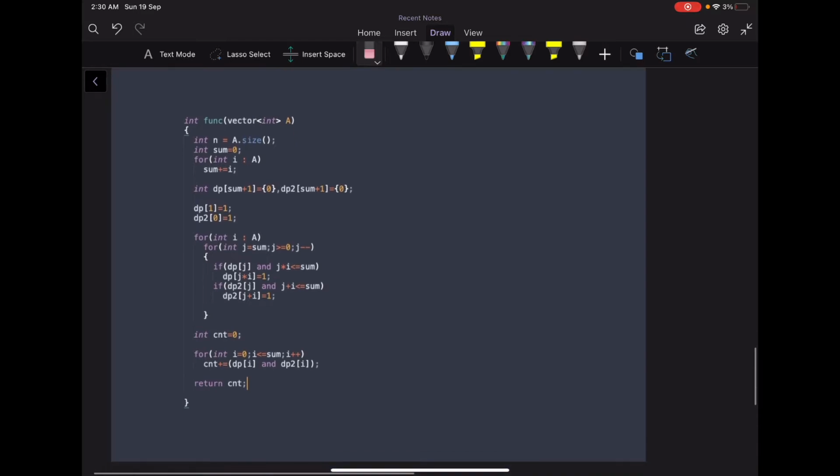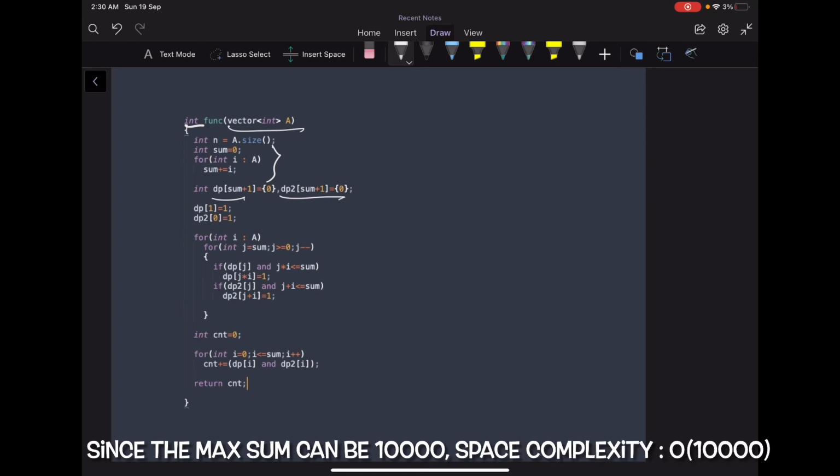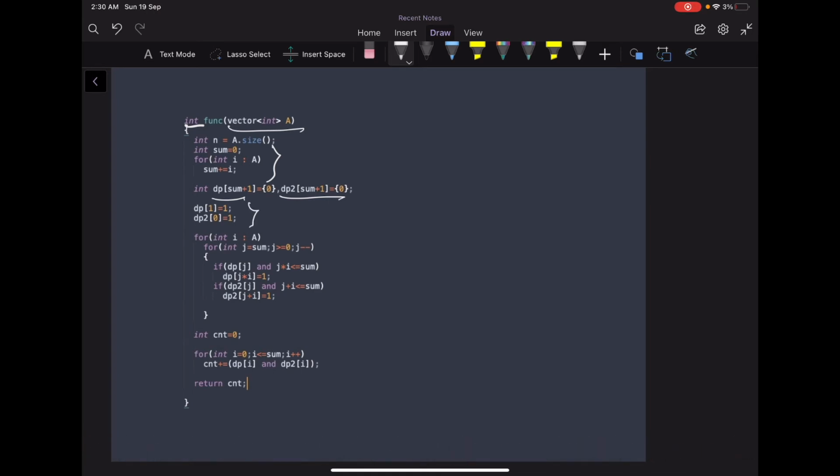Okay, so this is the function. It takes in the array and it returns an integer. First of all, we calculate the total sum, which is going to be the size of our dp. We initialize both the dp arrays, one for multiplication, one for sum. Then we initialize the base cases. dp of 1 is 1, so that means the product of an empty subset is always 1. So we'll set dp of 1 to true. And for sum, the empty subset has a sum 0, so that's why dp of 0 is true, right?